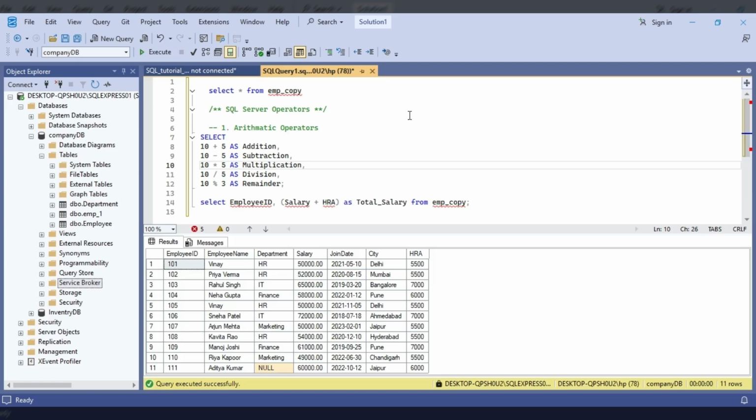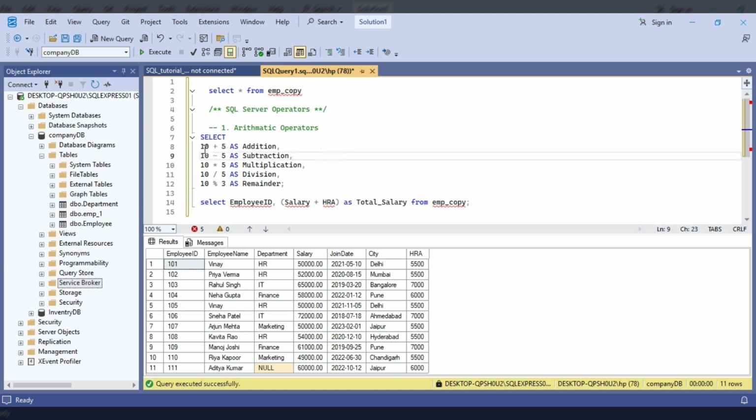Now I have connected my SQL Server and selected CompanyDB as my current database. Here, to explain SQL Server operators, I am using the emp_copy table. First I will explain arithmetic operators. In arithmetic operators, I have used this command which is not using any table.